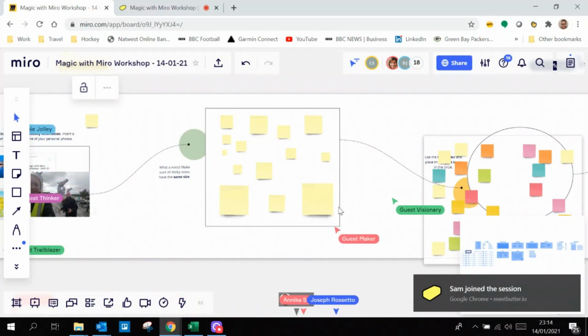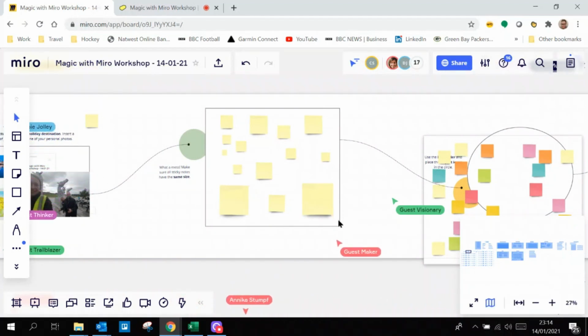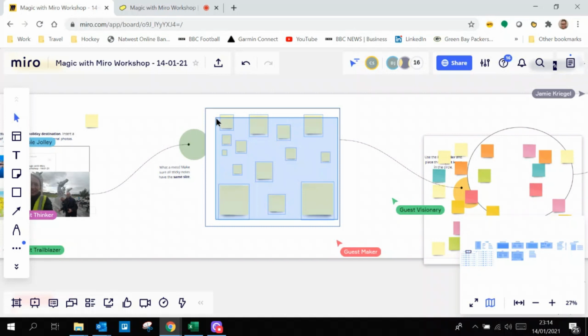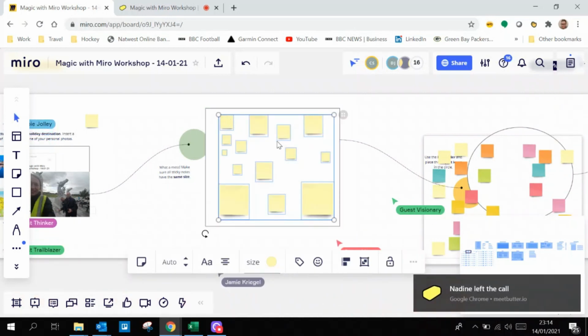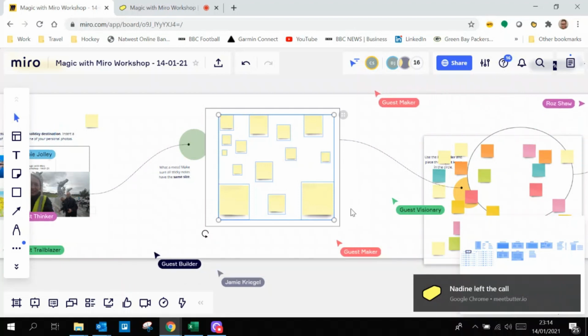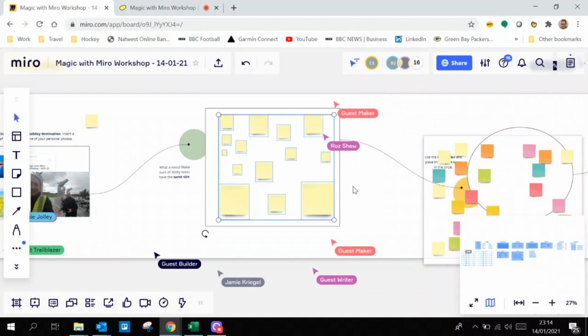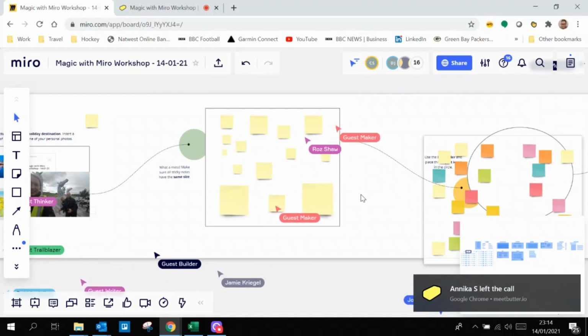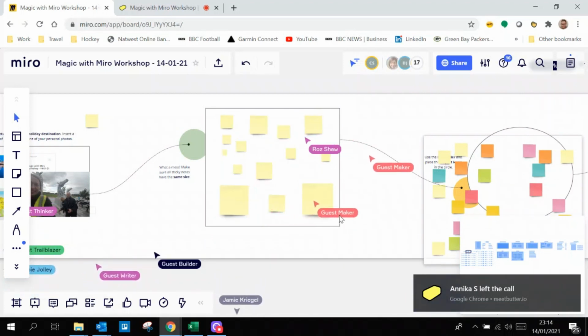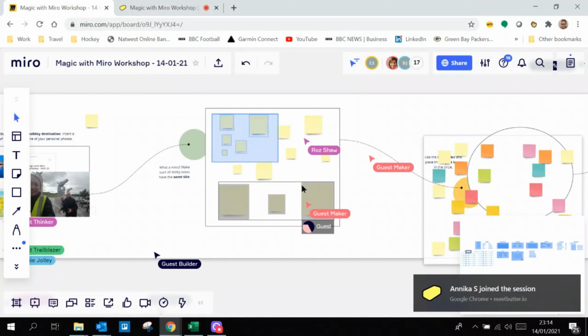Right, so that was hiding collaborators' cursors. To make a group of post-it notes the same size, you need to highlight them. To highlight them, you press Shift on your keyboard and draw a box, like a group select thing, probably similar to a lot of other applications. This allows you to bulk select things. Once you've bulk selected,